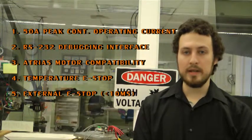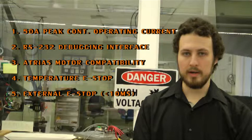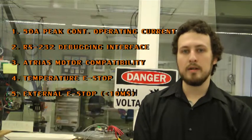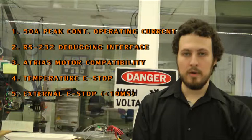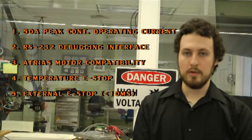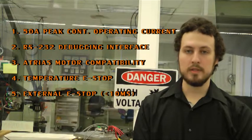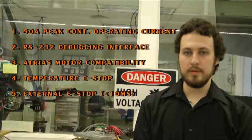The 10 ThunderBox engineering requirements that were evaluated in this course were to be able to drive a 50 amp sinusoidal peak current through each phase of the ThunderBox, to have an RS-232 compatible debugging interface for easy debug access, to be compatible with a 24-pole 3-phase brushless DC motor as used on the Dynamic Robotics Laboratory's Atreus robot, to have a programmable over-temperature emergency stop generation that is adjustable between 80 to 150 degrees Celsius